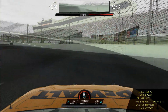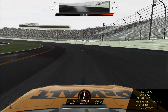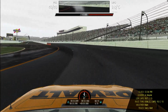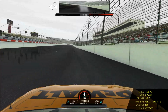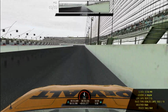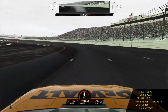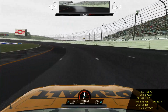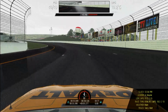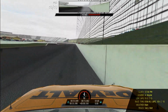It's so hard. It's not that bad when I'm out here by myself, running at my own pace, as we continue to come through 3 and 4. And you can see I found the new meta is run up here. It's pretty dry up here now down the straightaways, and then you immediately go down to right there. You can see the groove kick in where it's a little bit drier in the corners as everybody is trying to fight for this little piece of real estate right here, and then they merge right back up to that outside, and oh baby, it is so